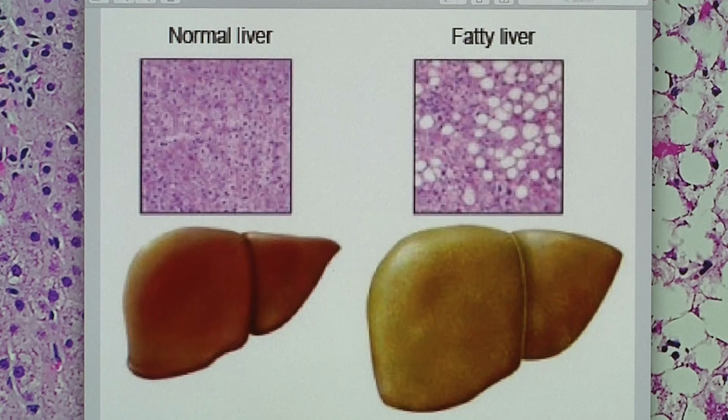Okay, I just want to show you a diagram of what a fatty liver might look like as compared to a normal liver. On the left-hand side is your normal liver, which has a reddish appearance usually, and on the right-hand side is a fatty liver, which even in a real specimen would have a yellowish tinge to it, depending on the amount of fat. The fatty liver can sometimes be enlarged, and this can cause some discomfort for the patient and can also have some effect on the blood flow into the liver.